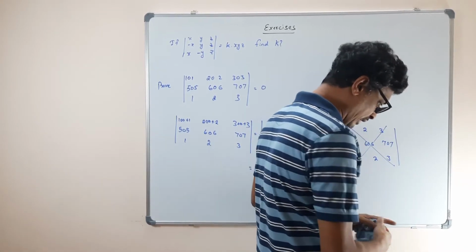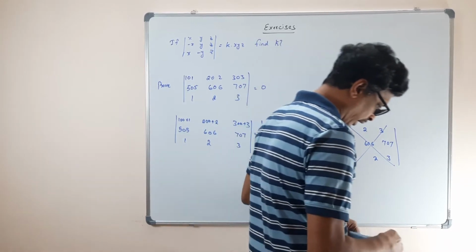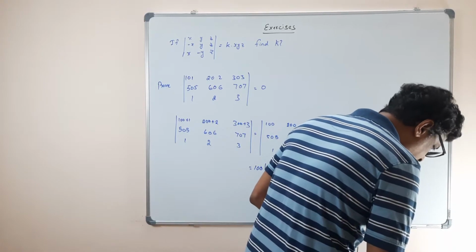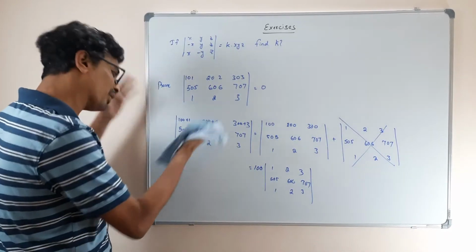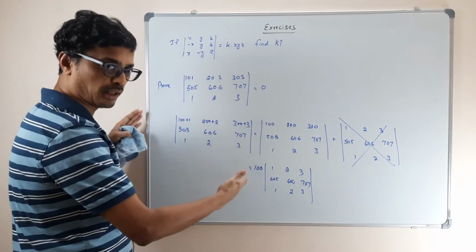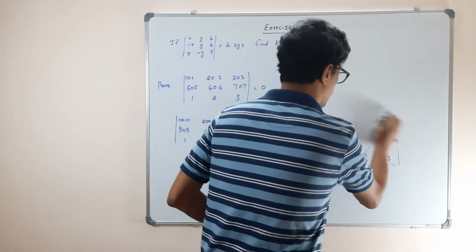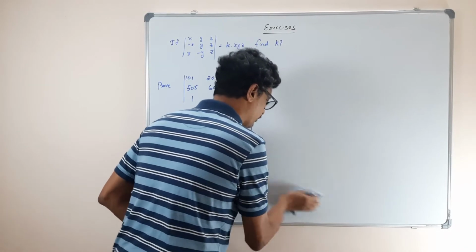In your book they have done a different method, by modifying the rows, R1 minus R3. There's no need to do that. There are many ways; we have used one property, and the other property is what? If I tell you how they did it in your book, I feel that is more lengthy. This is easier.